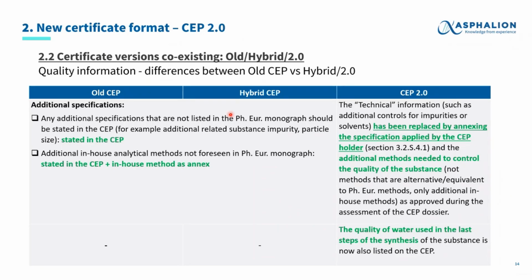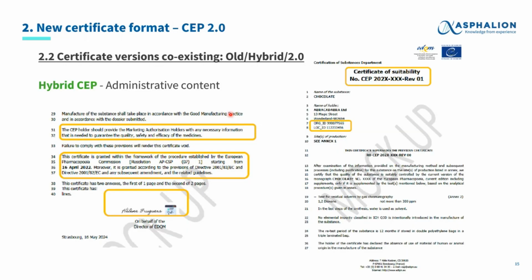But now in the CEP 2.0, as a quality information difference to the previous version of the CEP, is going to be included the specification table, including the specification approved by the EDQM, and then the additional methods needed to control the quality of the substance. Not the methods that are alternative or equivalent to the Ph. Eur. methods, but only the additional in-house methods. And then in the CEP certificate is going to be included the quality of the water used in the last step of the synthesis. So in order to summarize all of this,